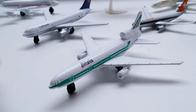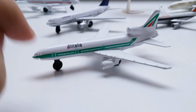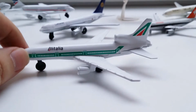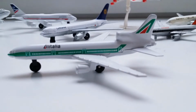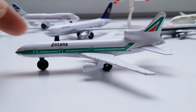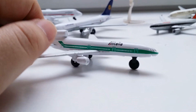And this one is an Alitalia Lockheed L1011, probably the L1011-100 because it has 4 exit doors instead of 3 like on the L1011-500. So the way you can tell that this is an L1011 is because the number 2 engine is fused with the fuselage, right? And this is also a trijet with the Alitalia livery from back in the day. Also looks really nice